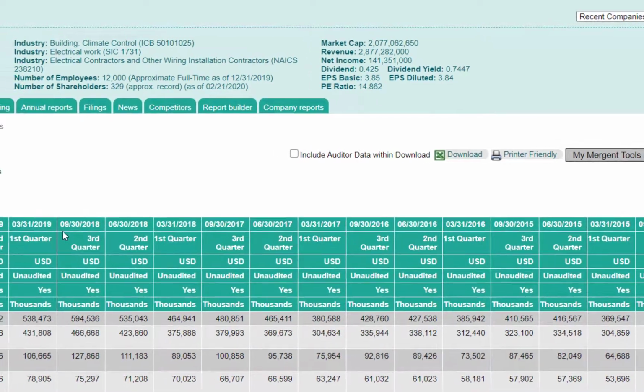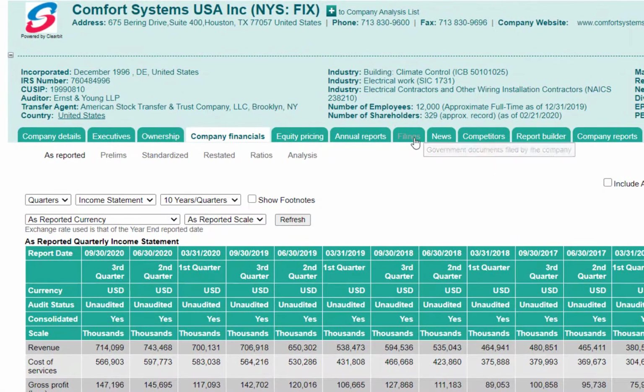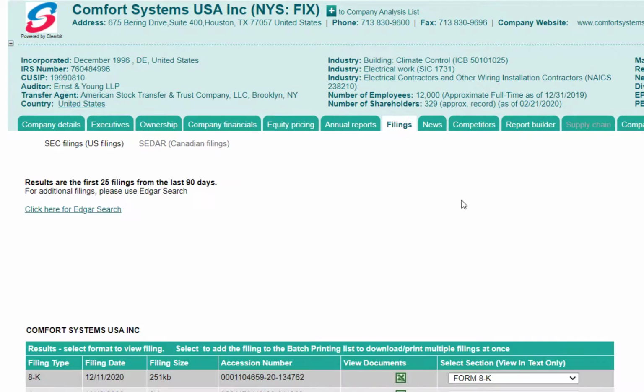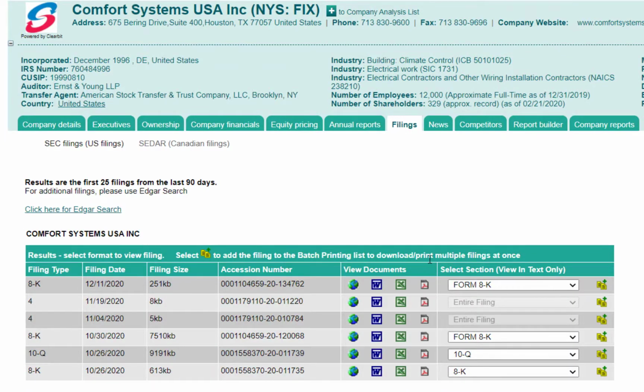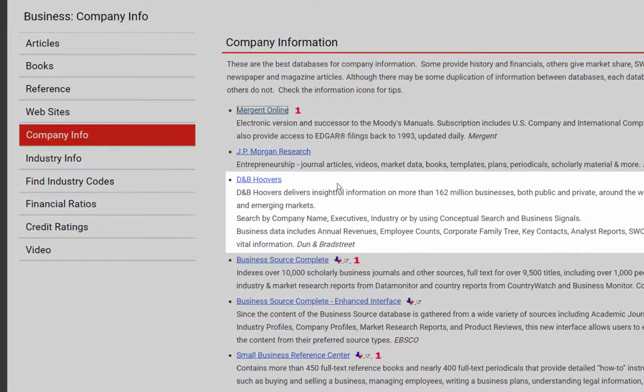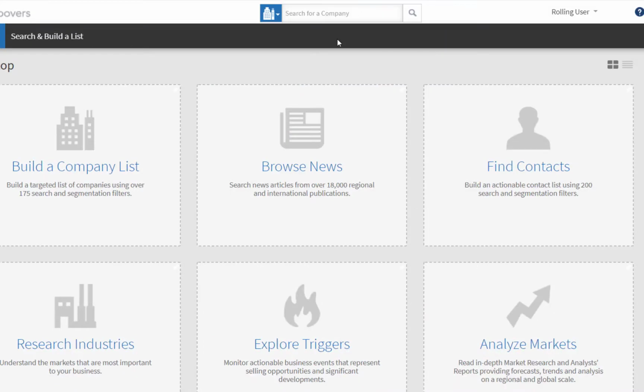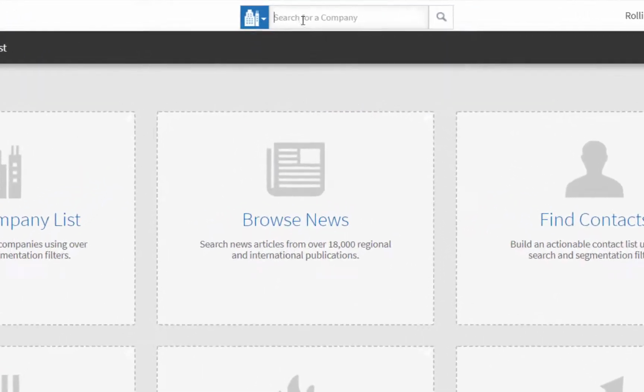Mergent Online also provides filings in a variety of different formats. So SEC filings are available to you in Mergent Online, and you can get to them in HTML, Word documents, Excel sheets, and PDFs. The second database we'll look at is D&B Hoovers. Once you're in D&B Hoovers, you can type in the company name,